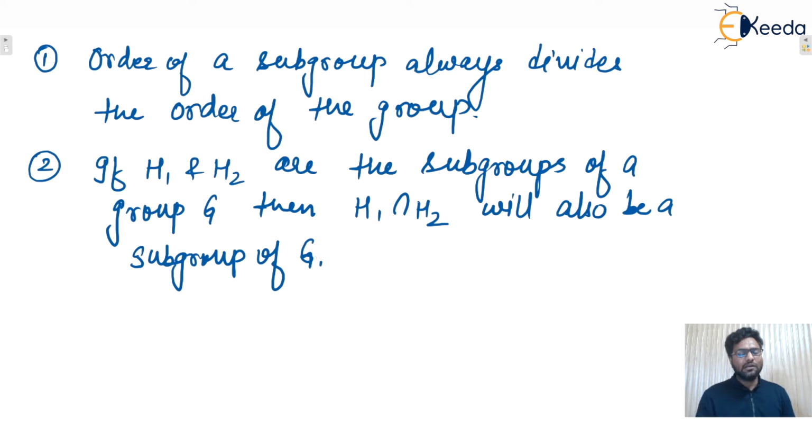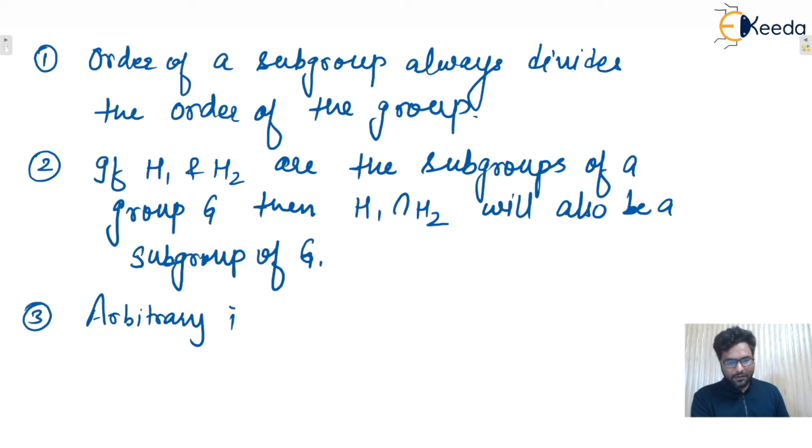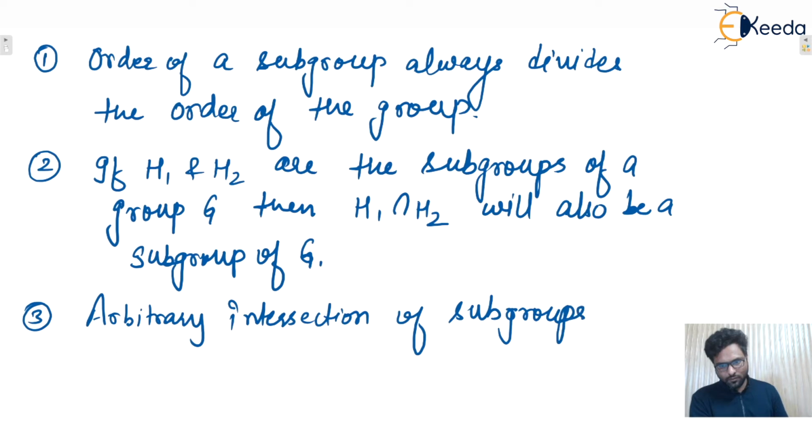That means we can take any number of subgroups H1, H2, H3, and take the intersection of all the subgroups. Then that will be a subgroup of the given group. So the third one we can write down is arbitrary. Arbitrary means we can take any number of subgroups. If we take the intersection of all these subgroups, then that algebraic structure will also be a subgroup. So we can say that arbitrary intersection of subgroups is also a subgroup,